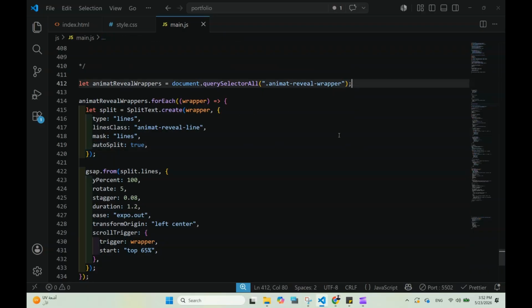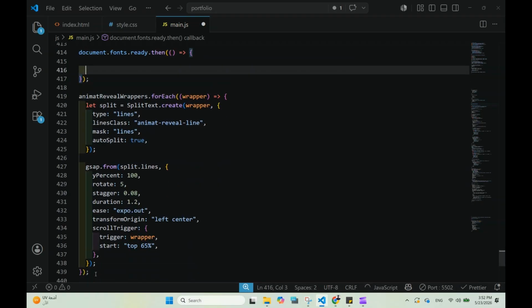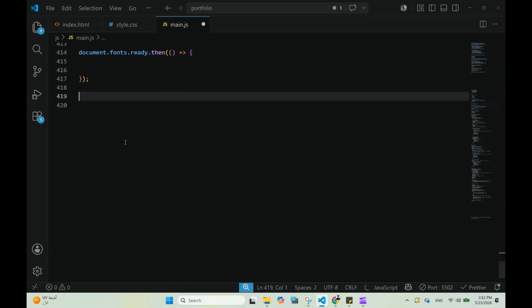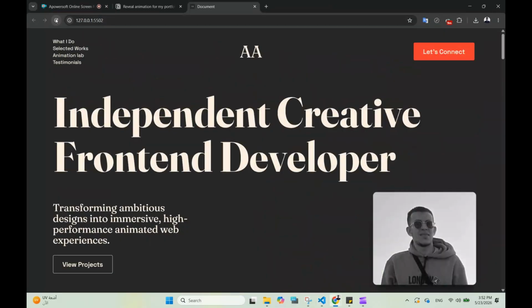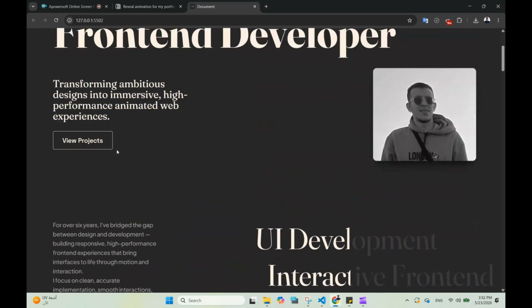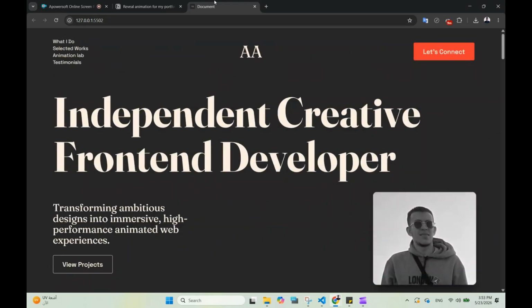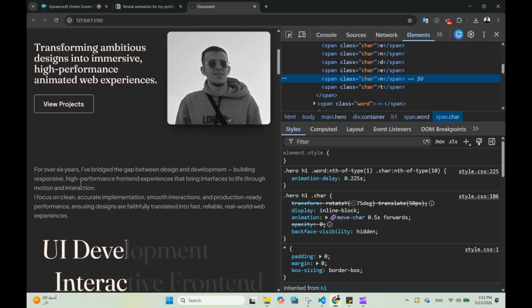And we can fix all of this by waiting for our fonts to fully load before creating SplitText, using this promise. So now SplitText calculates the correct lines from the beginning, but we still have one more issue. Even though the initial split is now correct, if we resize the browser again or the layout changes,